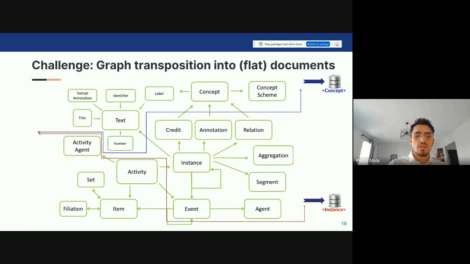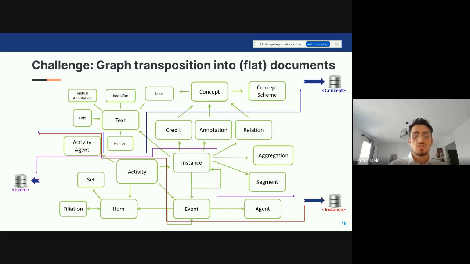The part related to the instance will have information about the credit and the annotation. The part about the concept will have information about the text and the label, and then we have a part about the event. So we have an index for each separation that we made.